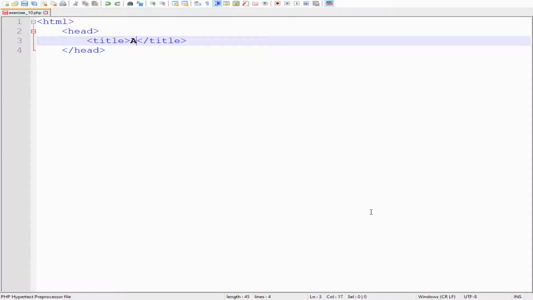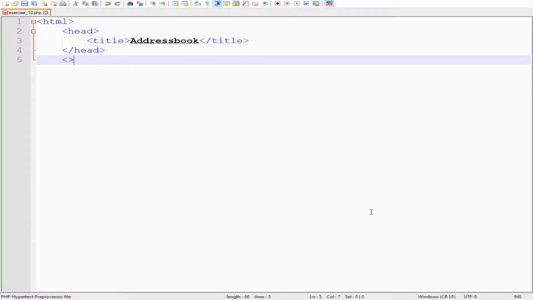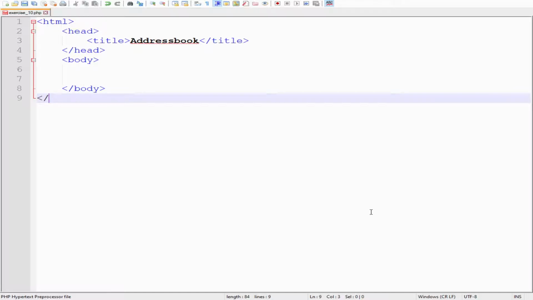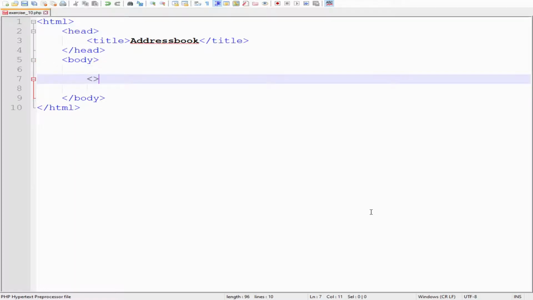Let's call this one our address book. Now, much like what we did before, let's wrap it in our form tag. So form method post